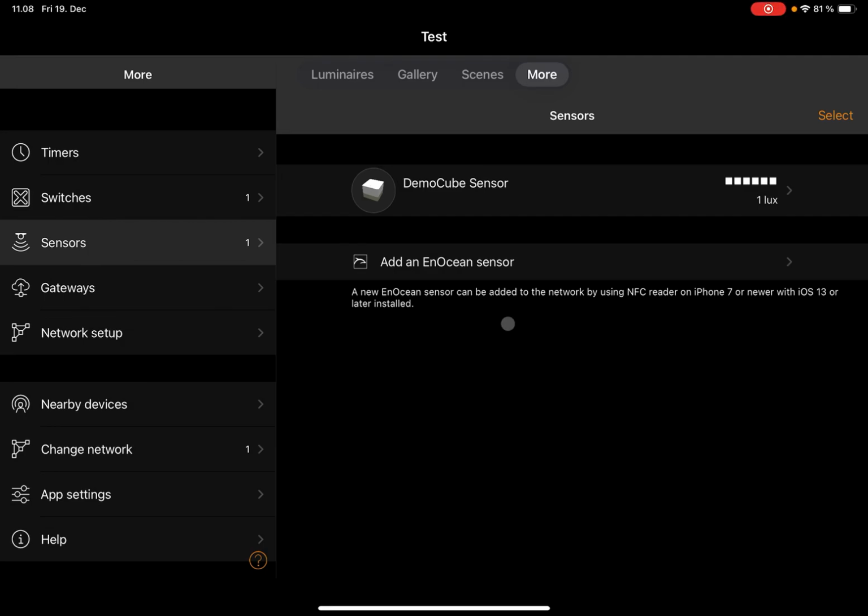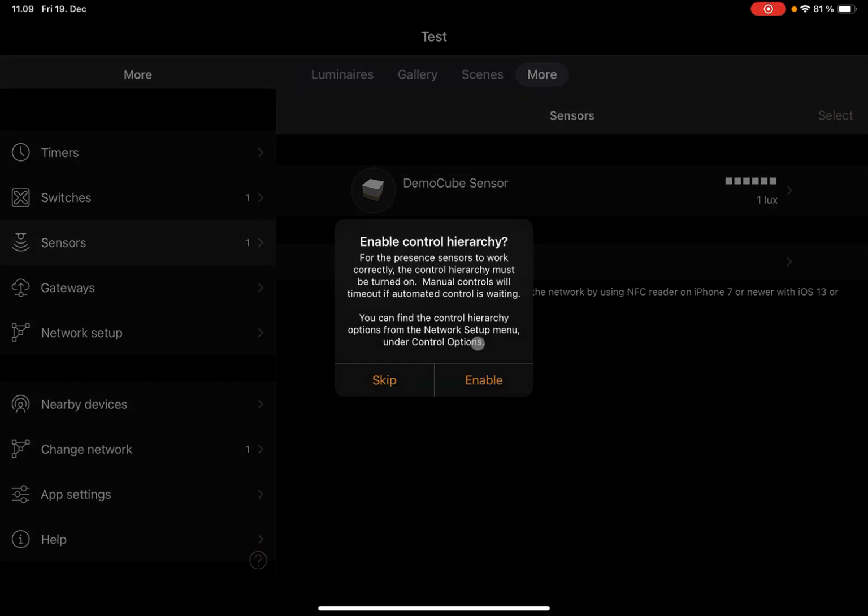To configure a sensor that is paired to your network to trigger a scene when it detects motion and then automatically switch it off after a period of time when motion stops being detected, go to the More tab, Sensors section, and select the sensor. You'll first get prompted to enable what's known in the Kasumbi system as control hierarchy, which is the logic that